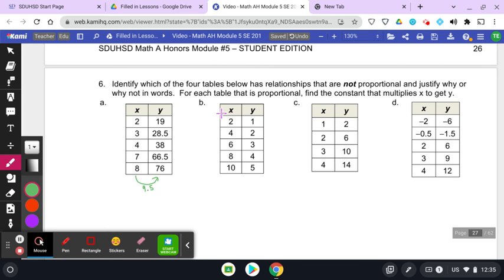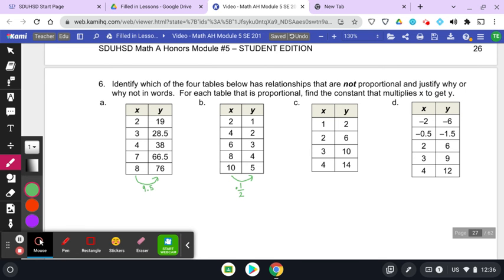Okay, here. I'm trying to get from the x to the y. Well, 2 times a half is 1. Half of 4 is 2. Half of 6 is 3. Half of 8 is 4. Half of 10 is 5. So here I'm saying, I'm multiplying by 1/2, or I'm dividing by 2, same thing, to get from the